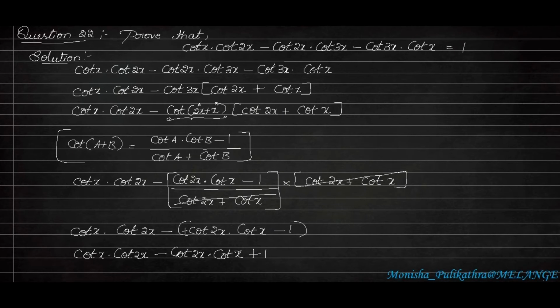So cot x into cot 2x, cot x into cot 2x is same. So these two terms also cancel each other. The remaining will be 1. So the answer is equal to 1. So whatever we need to get, we obtain that. So write down hence proved. It is little bit tricky. You have to understand at which particular instant you have to introduce a formula for that and whatever common terms you have to take. If you have an idea of that, you can do any problem in this genre. Okay. I hope you understood.